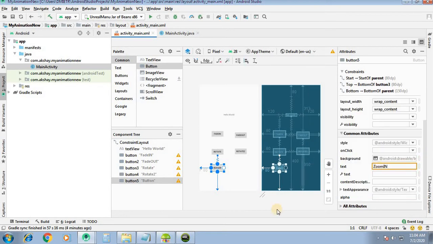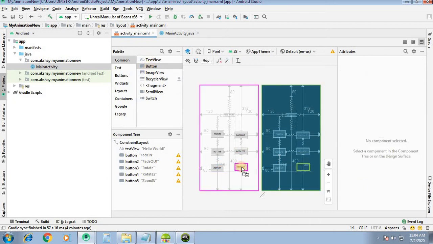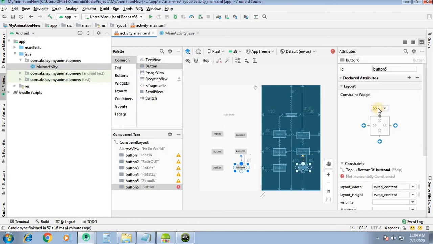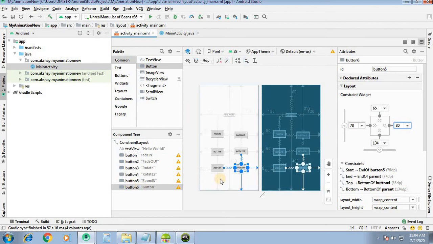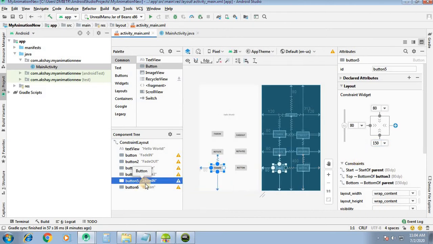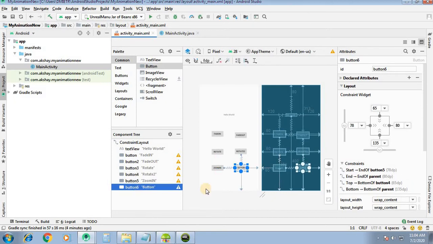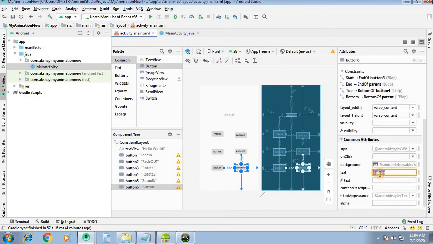And the last button is the zoom out. Here we will add zoom out.